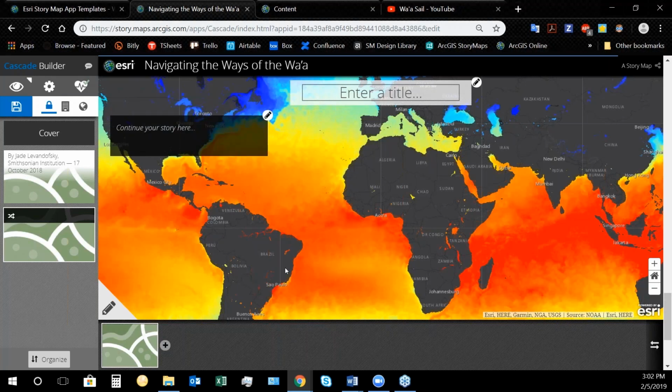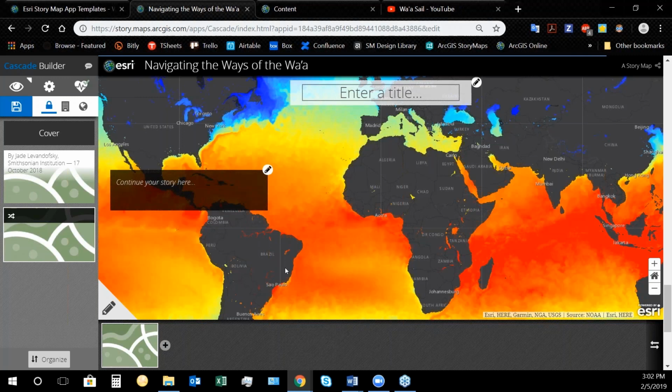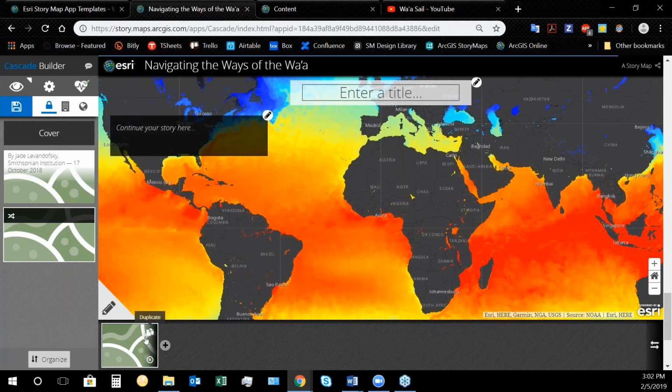So for example, say I wanted to layer up multiple pieces of data in this map. I'm just going to do a simple demonstration for now. But say I wanted to start just by showing the area, and then I later wanted to add in the sea surface temperature. I'm going to start by duplicating this map. So now I have two slides that are exactly the same.